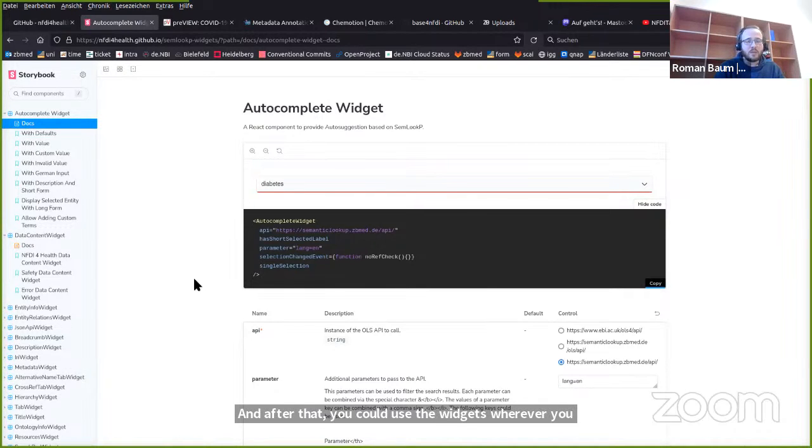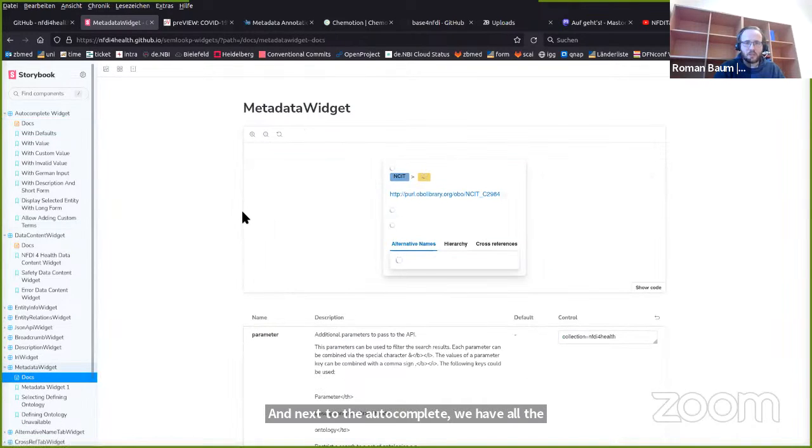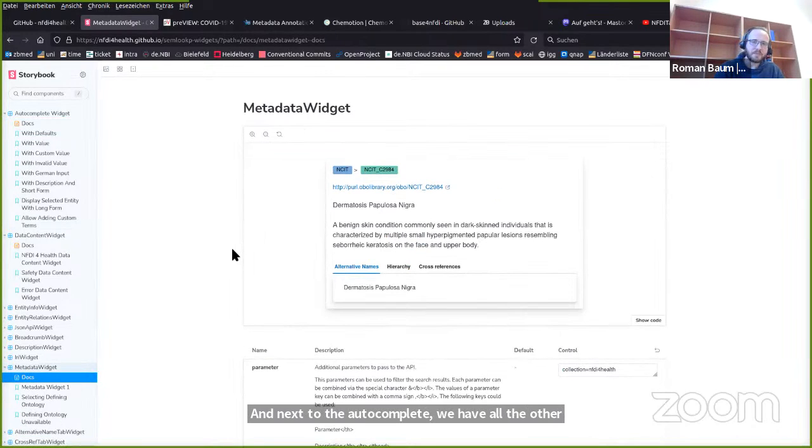And next to the autocomplete widget, we have also other widgets, like this metadata widget. What you spot here is a general overview of a widget where you have other widgets integrated. So it would be possible to create a new widget like a Lego brick system that you will combine in your direction like you want to have it to create your own widget afterwards.